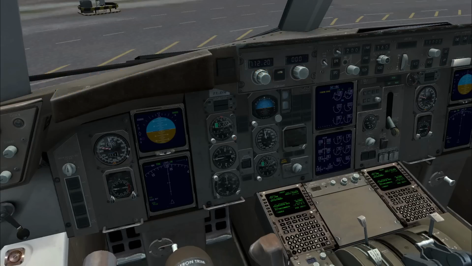Golf Lima Mike Papa Alpha, you're cleared for a left-hand circuit pattern, not above 6,000, runway 5 in use, QNH